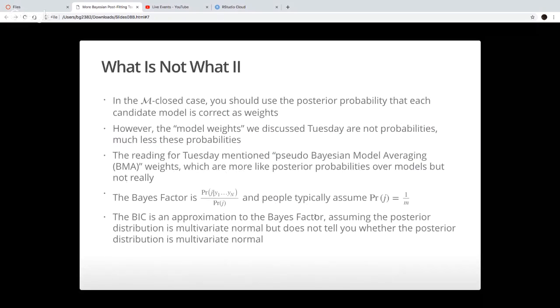So the model weights that we talked about Tuesday, they're not really probabilities. They're just numbers between 0 and 1 that add up to 1 over the space of candidate models. There was something called pseudo Bayesian model averaging that was talked about on Tuesday, which is kind of, but not really, estimating the same thing that the bridge sampling package does. So if you want to do that, I would say use bridge sampling. It's probably the best estimator